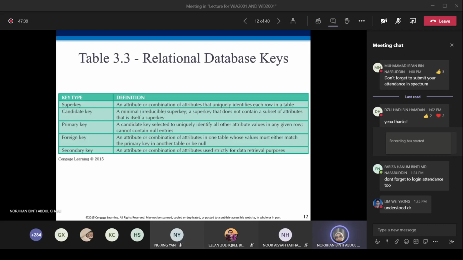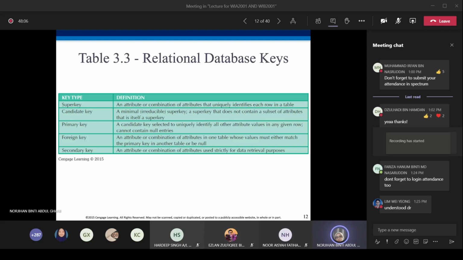A candidate key is a minimal super key. It is a super key that does not contain a subset of attributes that is itself a super key. A candidate key is a subset of a super key.